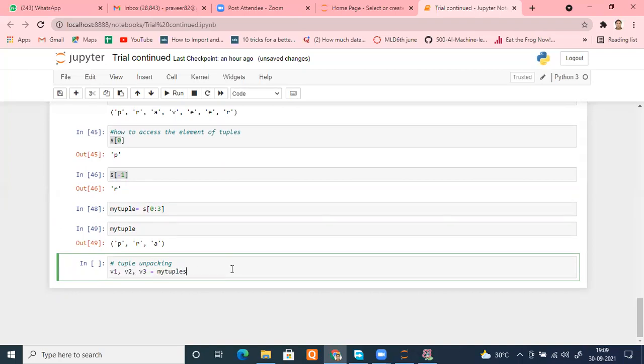And let me run it. It's very much the same way. That means it is equivalent to v1 equals my tuple index 0, v2 equals my tuple index 1, and v3 equals my tuple index 2. Let me run this.